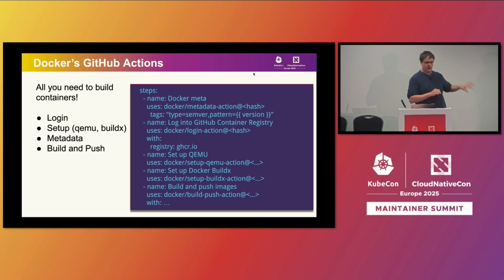And somewhere in a graveyard I have at home, there's a lot of bash scripts I wrote at some time to figure that out myself. And I saw some projects doing the same thing. So if you want to have your latest managed, your Semver version managed, look into this action. This is a really, really cool action that you can use to build your containers, right? I highly can recommend that.